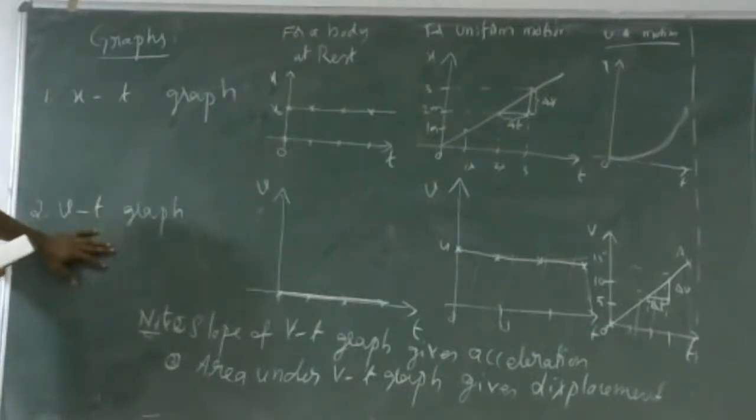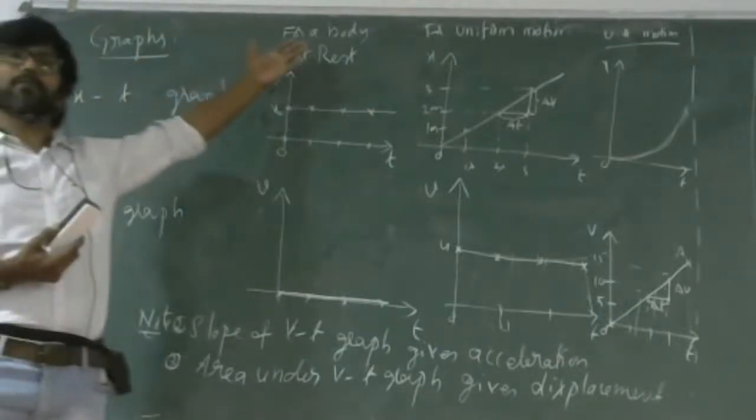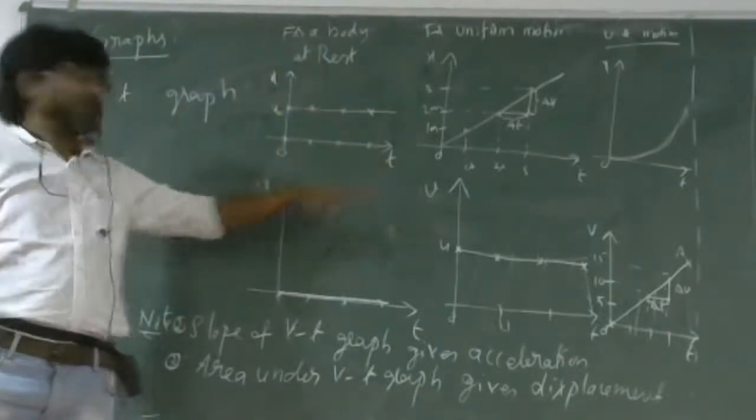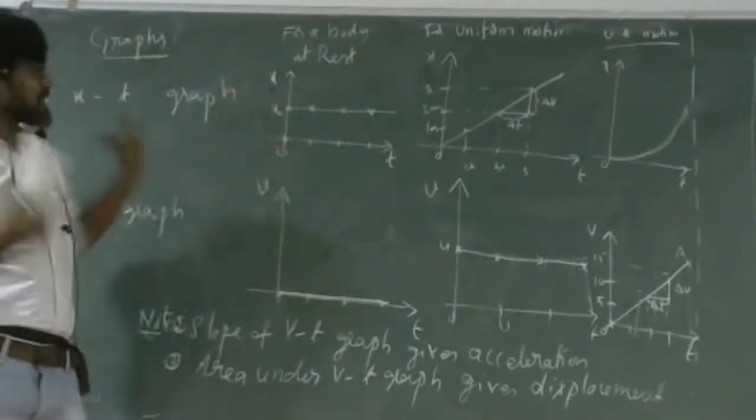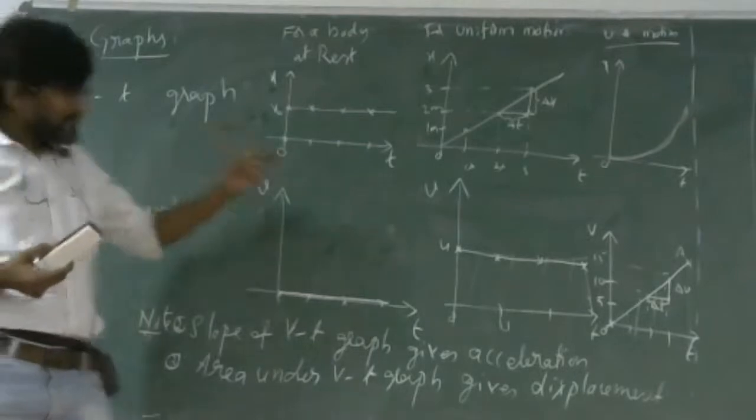Then we can draw even acceleration time graphs also. Acceleration time graph. For a body at rest, no velocity, no acceleration, so you get a straight line lying on the time axis only. Whereas for